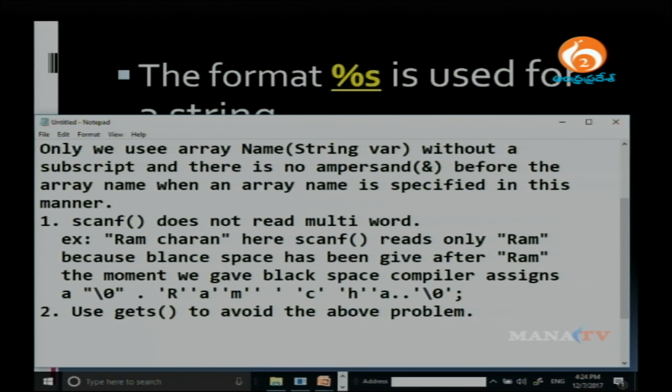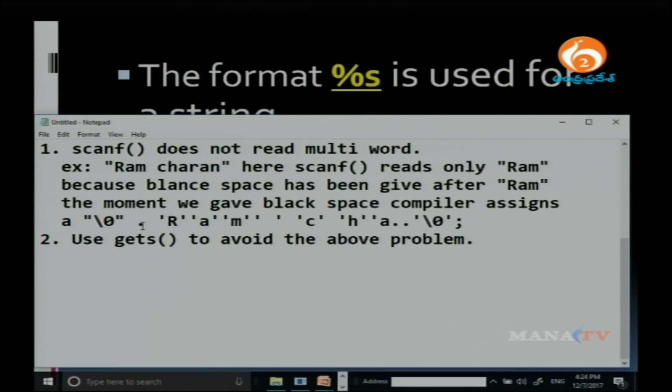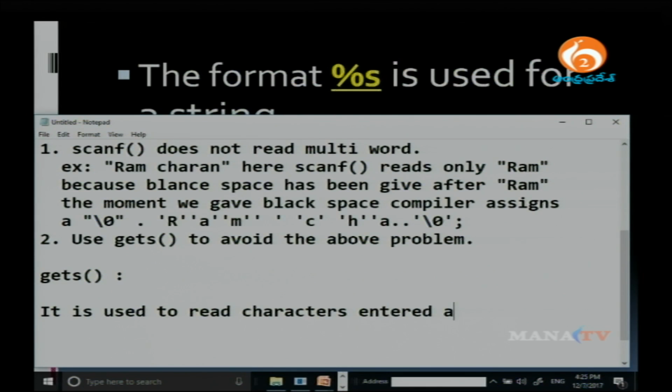The gets function is used to read characters entered at the keyboard until you press the enter key.